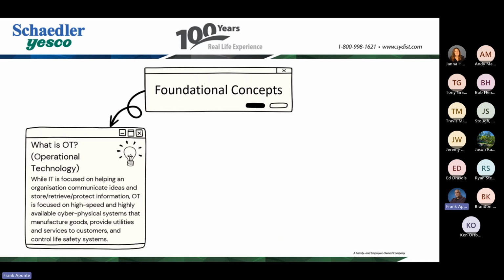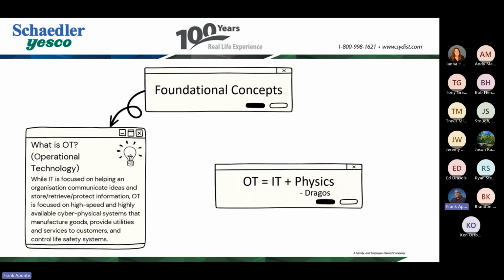So pretty much what we're talking about is anything that could be a utility, a manufacturing plant, a distribution center. A really nice, easy equation that I've seen a lot, which kind of distills this down to a simple concept is this: OT equals IT plus physics, and Dragos uses that a good bit in a lot of their documentation, their webinars, things like that. And it's simple, it's straightforward, and you can go deeper in the definition, but as a top level concept, if you're trying to explain this to somebody, this one is perfect.